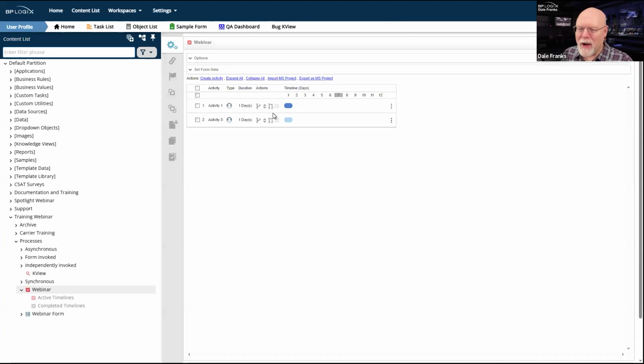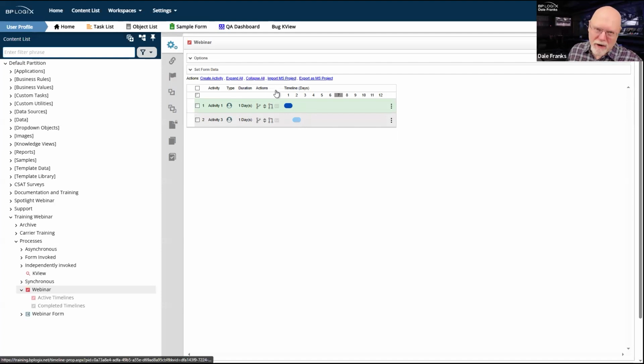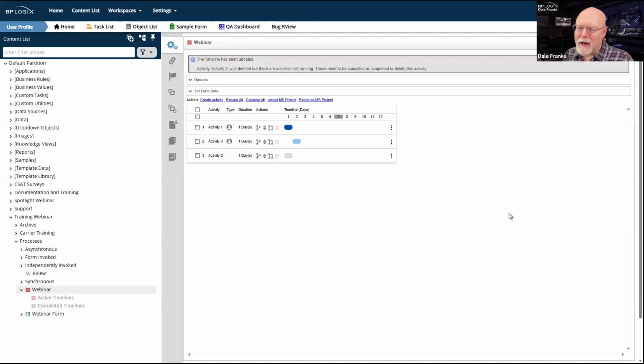I'm going to go ahead and drag activity 3 to activity 1 to set that dependency so that anything that's running in activity 1, whenever it gets done, goes to activity 3. Okay, anything that's in activity 3, well, it doesn't matter. Previous activities have already occurred. We're not going to go back and change history. So, all right, great. Well, I'm just going to go ahead and update my timeline. Not so fast.